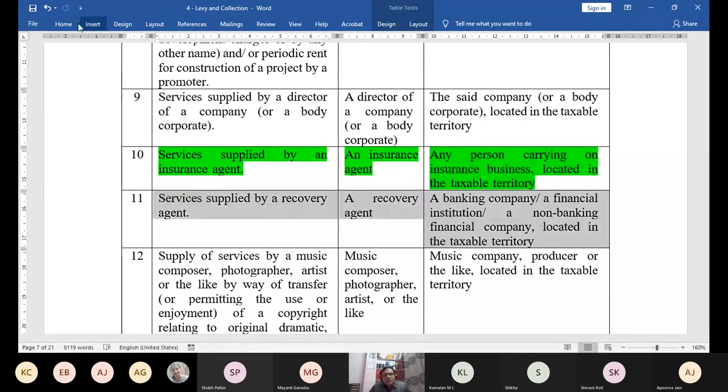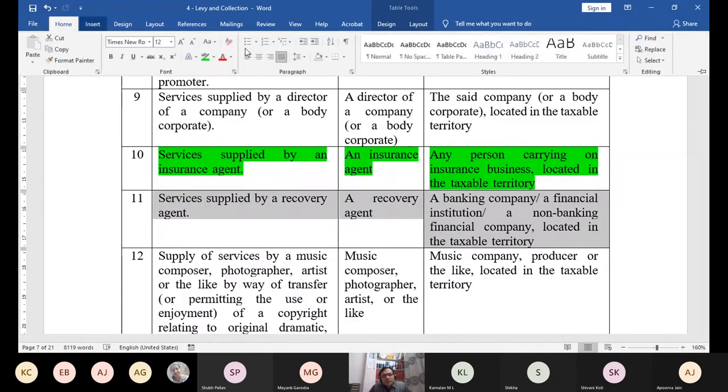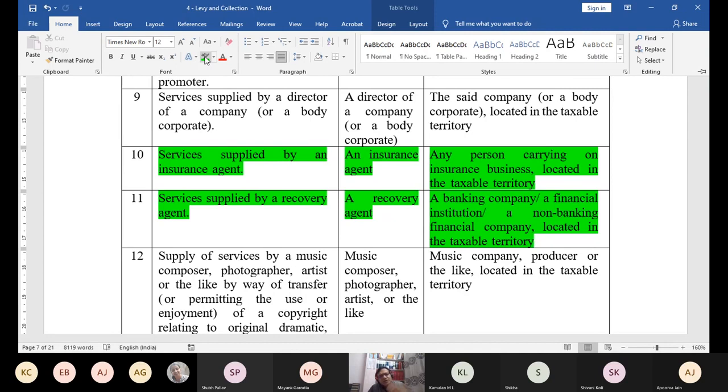Similarly, there are recovery agents. When any loan has some problem and cannot be recovered, the entire loan is sold by a bank to the recovery agents. For example, the bank has given a loan of 1 crore rupees to a person who is not paying. So what will the bank do? They will contact some recovery agents, and they will sell that 1 crore loan for 20 lakh rupees, 30 lakh rupees only. So the bank only gets 20 lakh or 30 lakh, and the agents will try to recover the remaining.